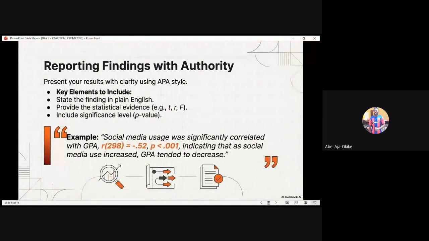We are going to unveil all of that in our prompts. So that is it. And then this one applies to science students. Provide the statistical evidence depending on the nature of tests you do. And the most common thing that we always see, there is this question that pops up: is the result statistically significant? If it is yes, it means that your results can be relied upon. In other words, the error in your results is minimal. And if it is no, it means that your results cannot be relied upon.